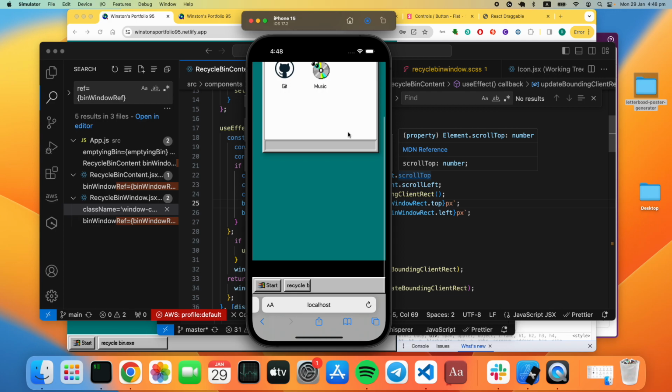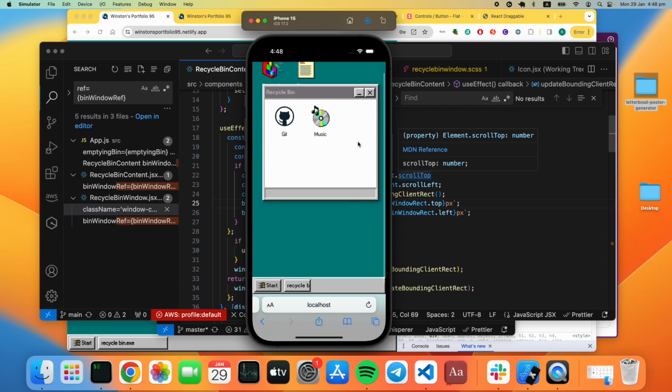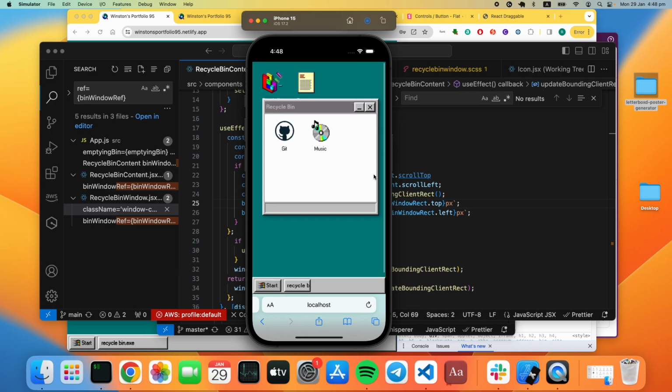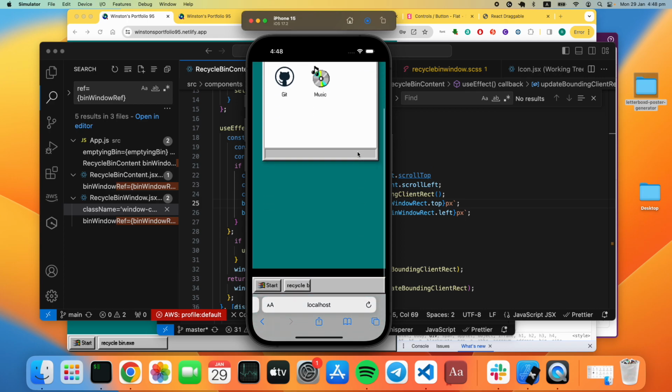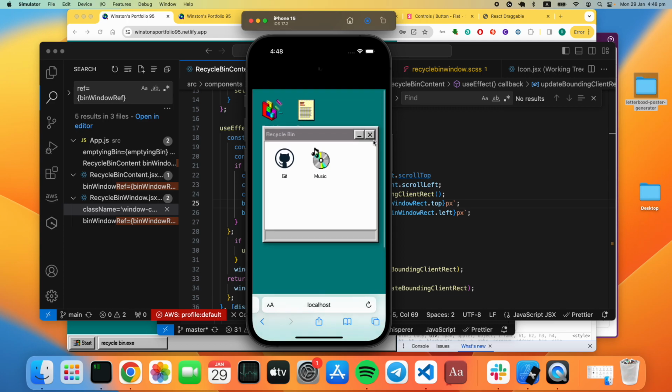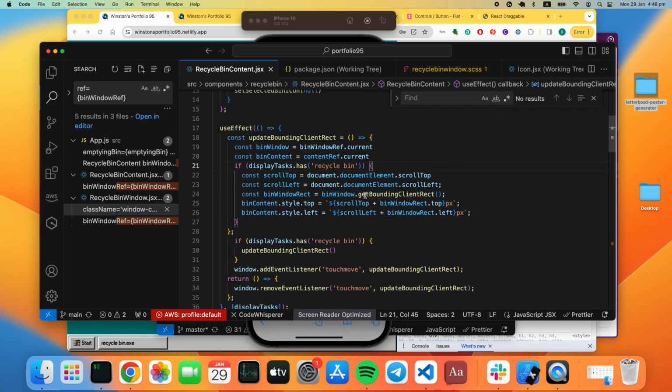So what does scrollTop mean? When you're at the top of the document, the scrollTop is 0, and when you go down, the scrollTop will increase. It means the distance between the current position to the top of the document. So if you don't have the scrollTop,